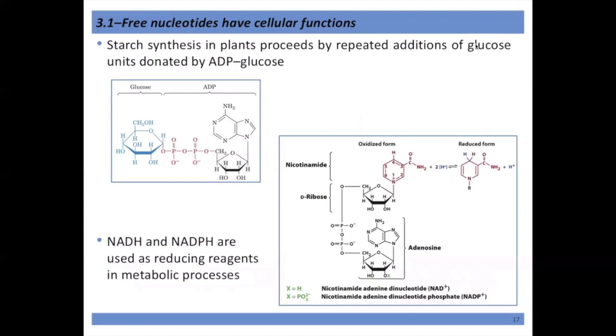when plants make cellulose or starch, you actually add the glucose units together. So here is actually a sugar, and you can see that it is appended to a phosphate. And essentially what happens is this just becomes a very good leaving group, like I mentioned, so that you can actually do chemical reactions. Sometimes you have the nucleotide appended,